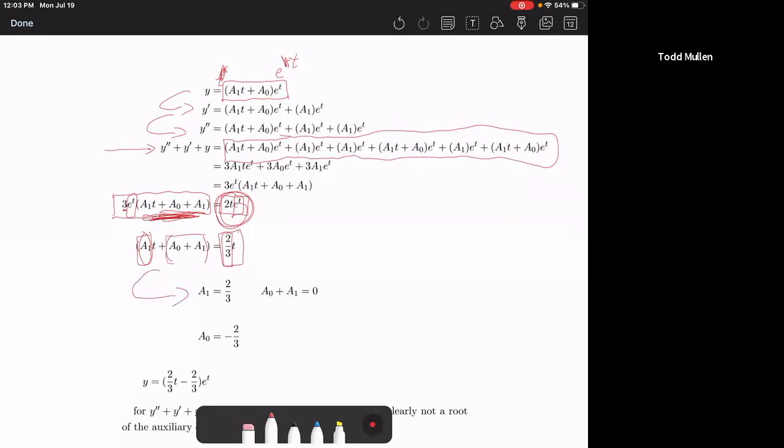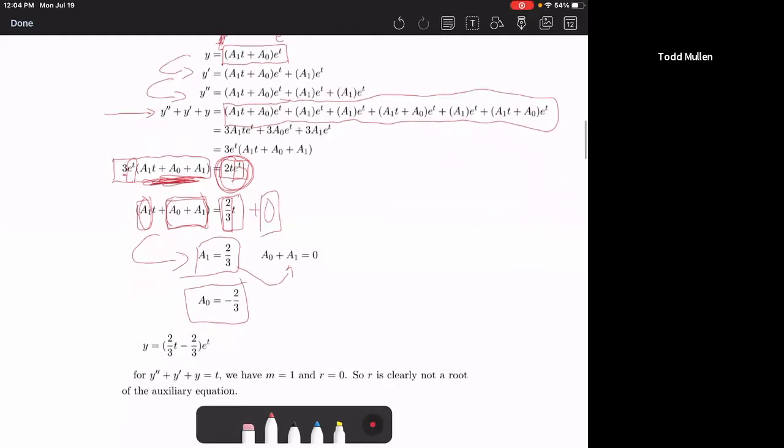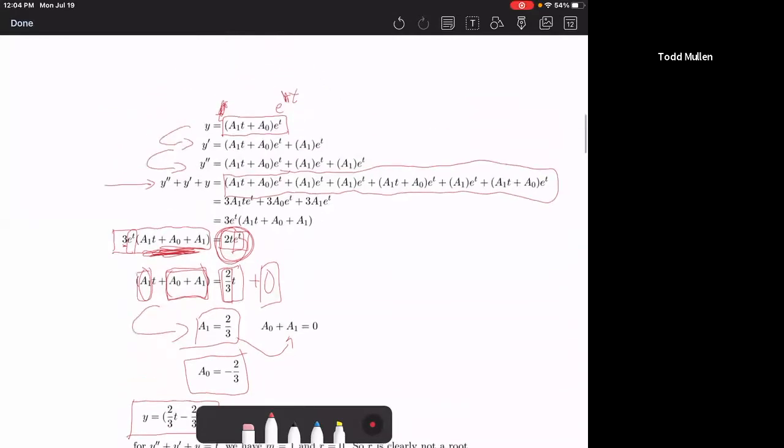But we also get a0 plus a1, these constants, have to equal, well, there's no constant on the right side, so it's just 0. So they have to equal 0. So a1 equals 2 over 3, that one's already solved, but now we have to plug that 2 over 3 in here as a1. So we get that a0 is equal to negative 2 over 3. So we have a solution. Y is equal to 2 over 3t minus 2 over 3 times e to the t. Now recall, this is just our first solution. This solved for 2t e to the t, but if we scroll back up,